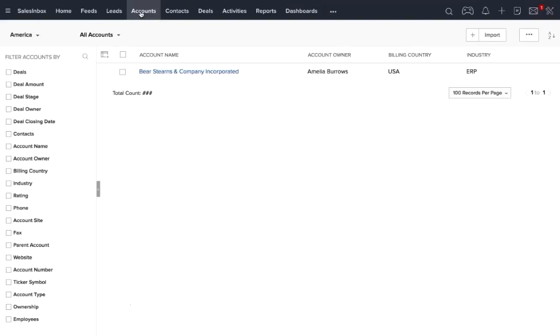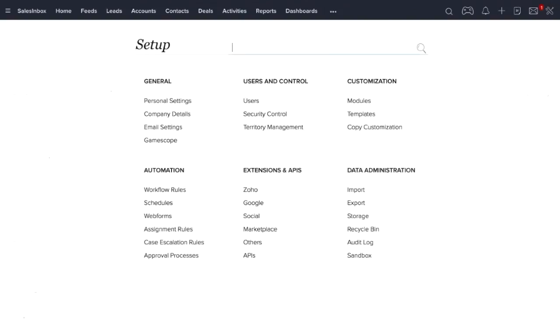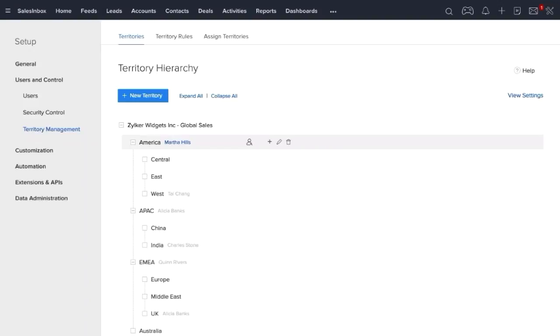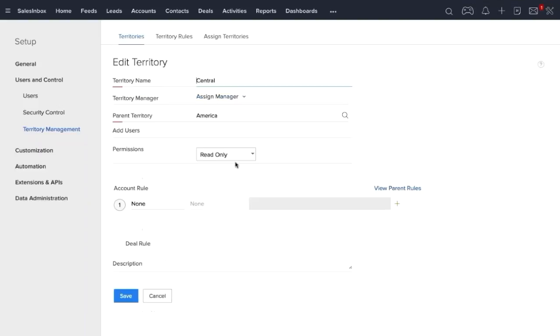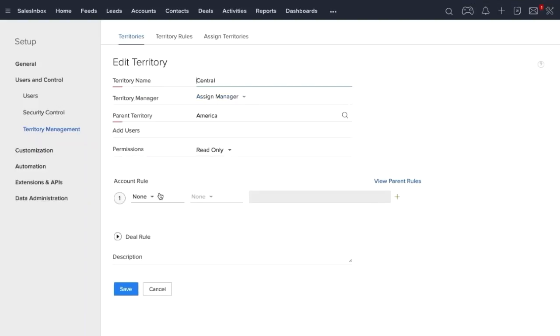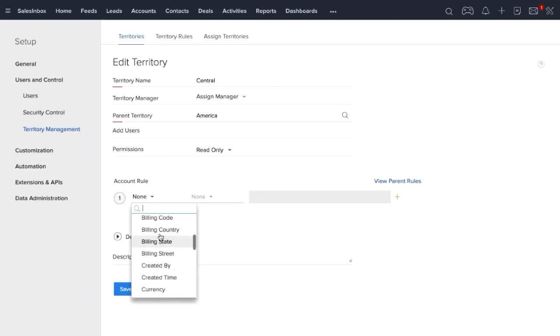And in addition to this, the out-of-box requirement for the territory management is, generally people will think that the territory management can be used only for categorizing the territories. But again, the same territory management option can be used for other requirements as well. So for example, apart from the geographic location, in case you want to categorize based on any specific fields or custom field. For example, if I have a field called industry type,